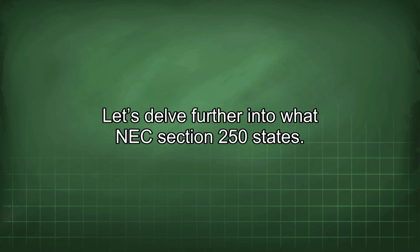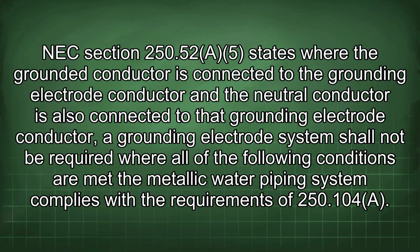Let's delve further into what NEC Section 250 states. NEC Section 250.52 states where the grounded conductor is connected to the grounding electrode conductor and the neutral conductor is also connected to the grounding electrode conductor, a grounding electrode system shall not be required where all of the following conditions are met. The metallic water piping system complies with the requirements of